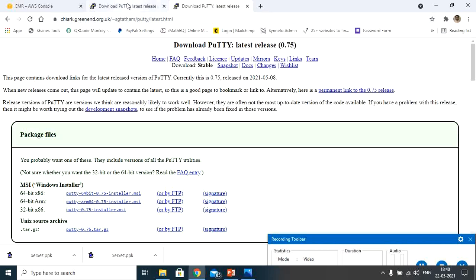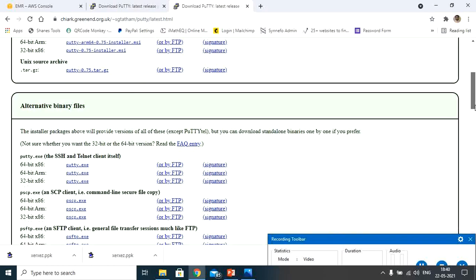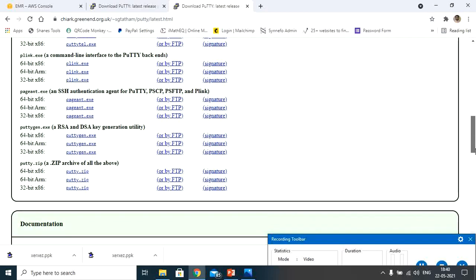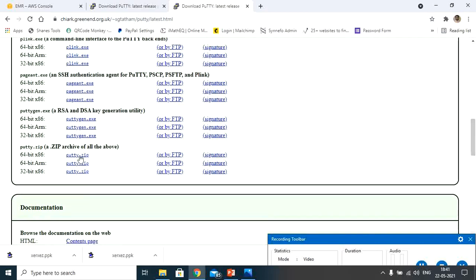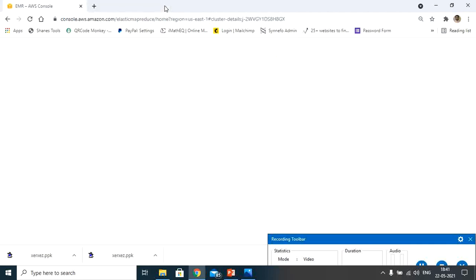The same dashboard will appear, just like this dashboard. So this is another option. I would say this is the official site from where you can download the PuTTY software. You can download this putty.zip, the files, directly from their official site. Since I have already downloaded it on my machine, now, after successful downloading and installing, how do you access it?